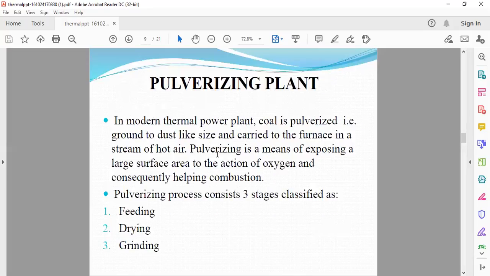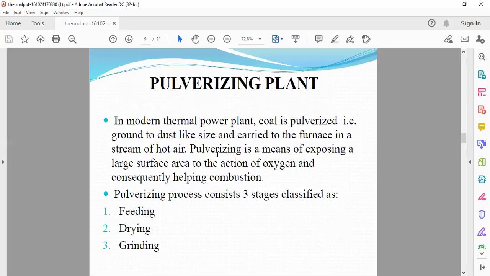Next, the pulverizing plant. From the coal handling plant, the coal goes to the pulverizing plant. So in the pulverizing plant, what is done? Whatever coal is there is pulverized, that is, it is crushed into small sizes or like dust, and carried out to the furnace in a stream of hot air. Here a stream of hot air is given to this pulverizing plant where we can crush